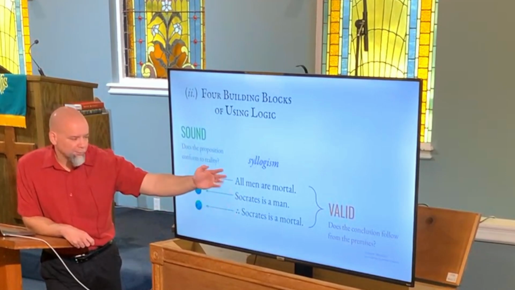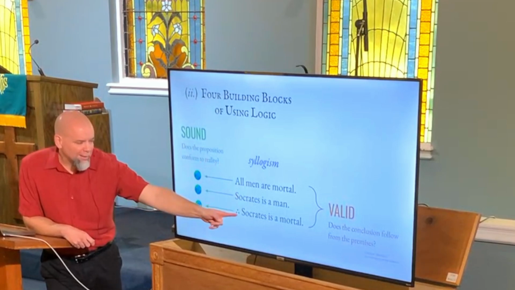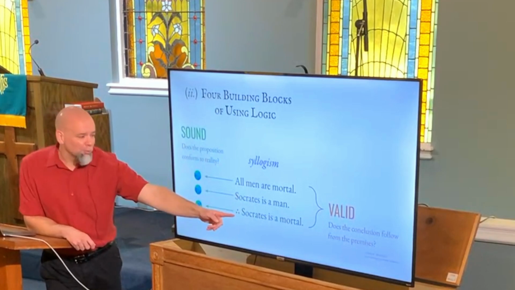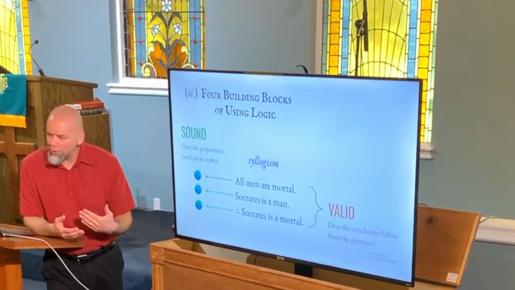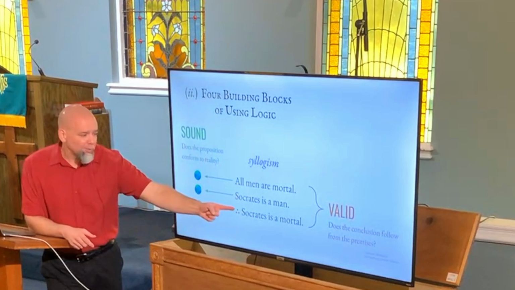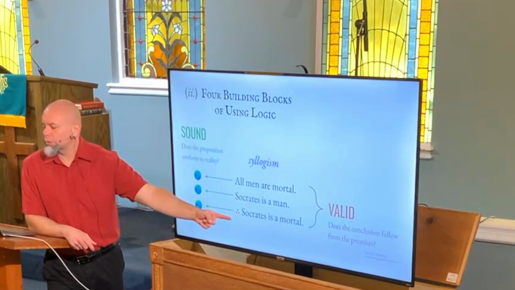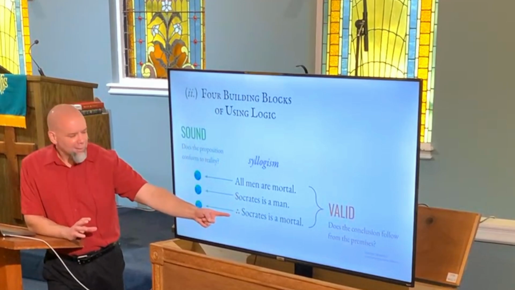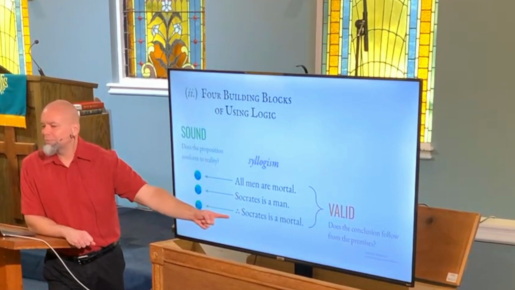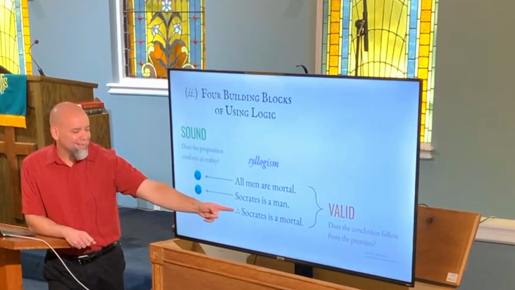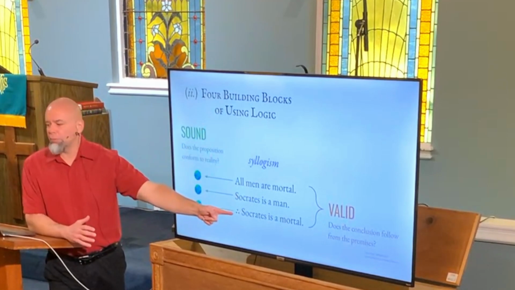If these are true, and if this follows, then it is impossible that this not be true. This is necessarily true. No one can prove it to not be true. I'm saying it in a couple of ways to cement home the point. We know this with certainty. Not an ounce of probability. Not an ounce of uncertainty. People say, well, I'm not certain about that. Aha, but you're not logic. It's because you fail to understand what we're talking about at this point, but in itself, it is invincible.